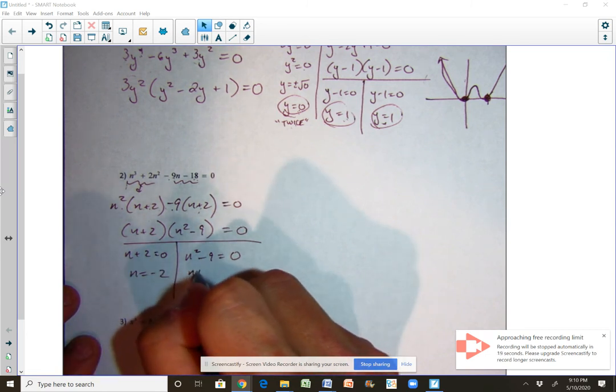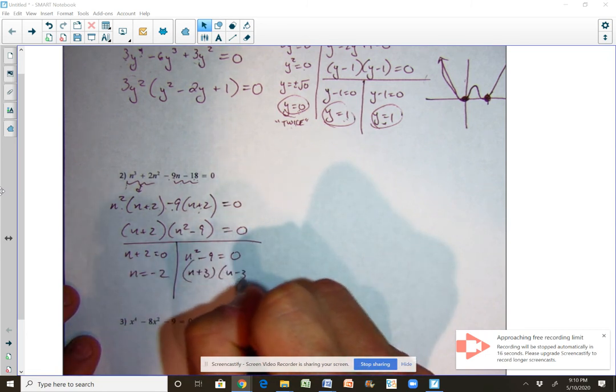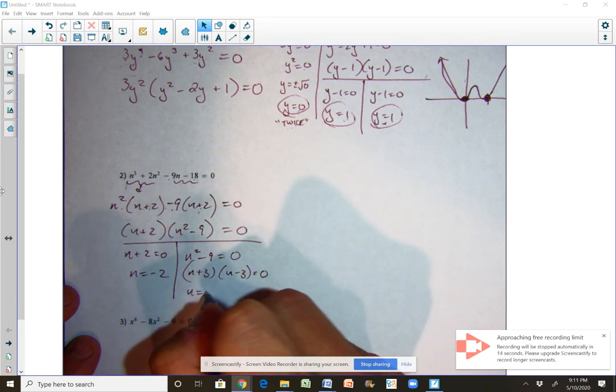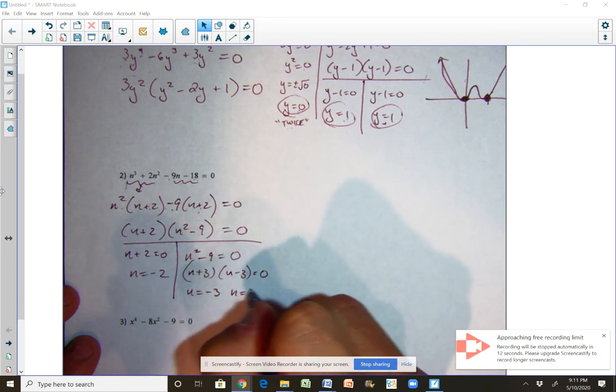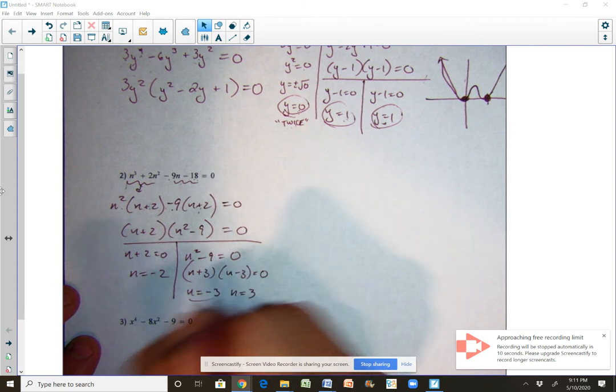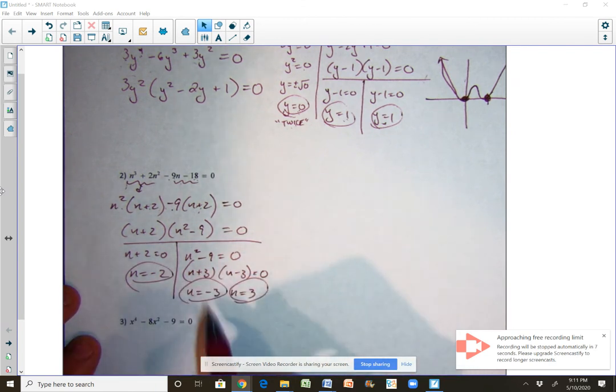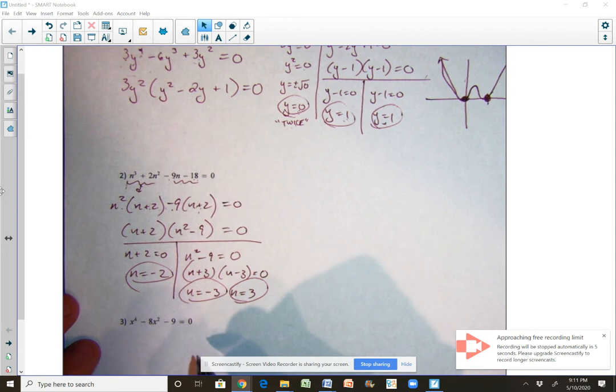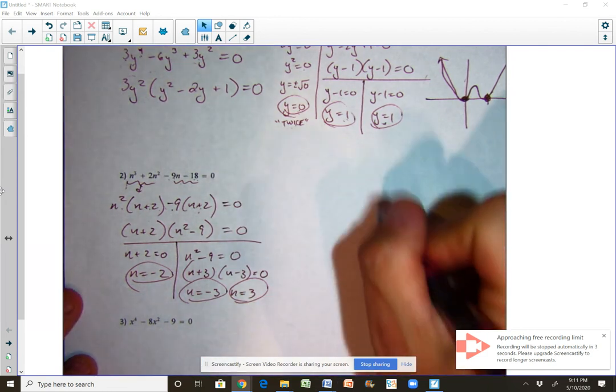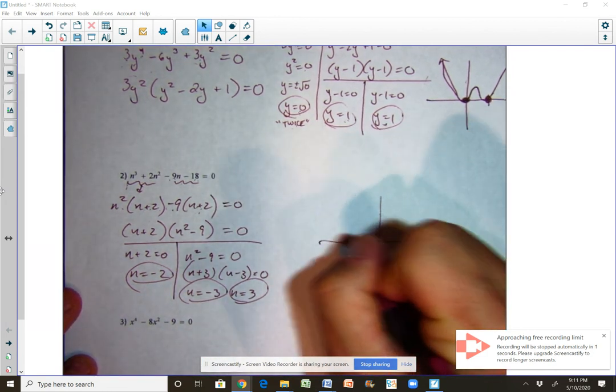This is going to factor into n plus 3 and n minus 3. So you're going to get two roots. One is going to be negative 3, and one is going to be positive 3. Okay, so we have 1, 2, 3 roots. They're all singular roots. So in this case, if we were to sketch a picture, negative 1, 2, and 3, there's a